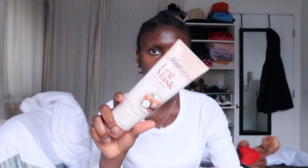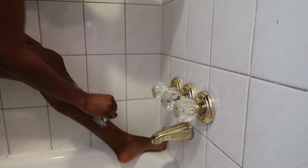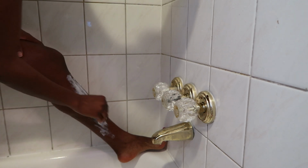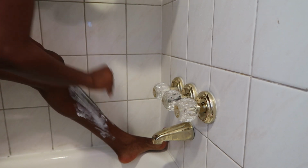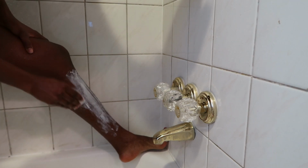This is something that I picked up. It's an overstock from Nair. It was at Ross for about $6. Actually, it's $7 with tax. It was about $7. I bought a bunch of them. You apply it on your legs, wait 10 minutes, and you just take the little scraper and it removes all of the hair. Or you just get in the shower and shower regular, and it removes all of the hair from your legs or your armpits, and you call it a day. Easy breezy. I can't stand shaving, so